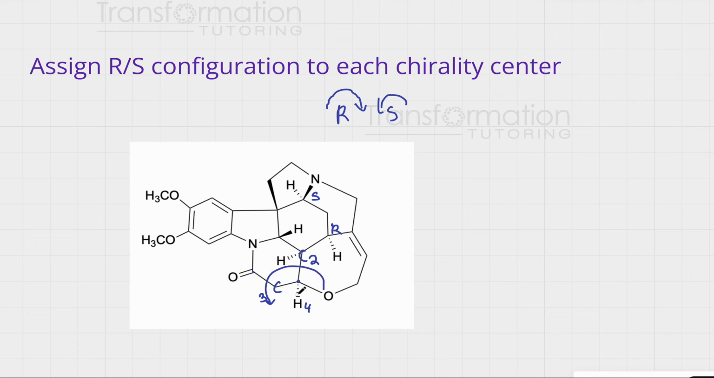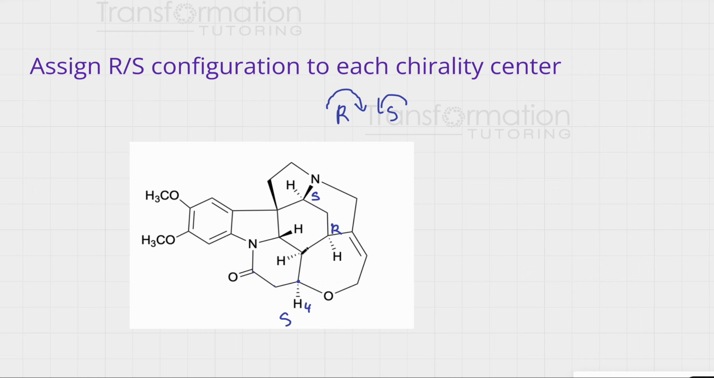Again, my lowest group is on a dash, so I don't need to worry about it. When I connect my 1, 2, 3, it looks like it's going in the S direction, the counterclockwise direction to the left. So this must be S as well. Let's again erase it so we don't have to